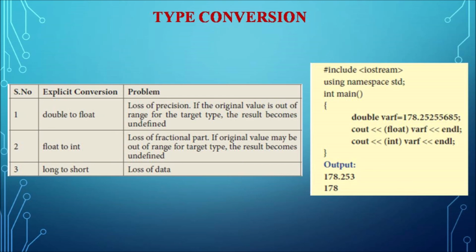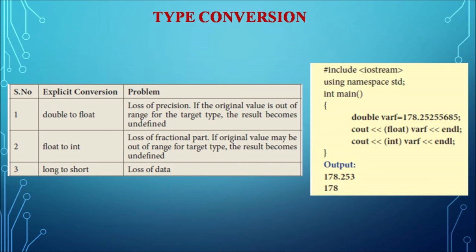In that case, there may be a chance of loss of precision. The data values may get lost. This is the major difficulty or disadvantage in explicit conversion while converting a larger data type to a smaller